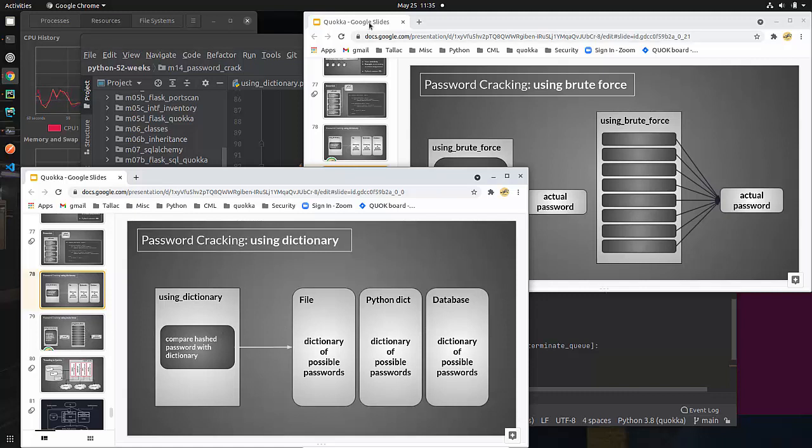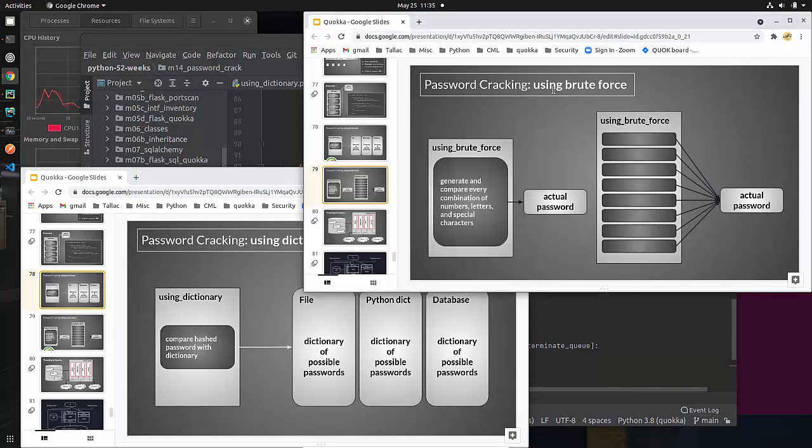Today, we're going to be looking at cracking passwords using brute force. What is brute force? This idea is that you generate every possible combination of numbers, letters, special characters, and you go through and you compare it against the actual password to see if it actually is the correct one. You can do this a couple of ways. One would be to try to actually log in. That, of course, if you have an intelligent system, then it will block you after a few, so that's probably not the best idea.